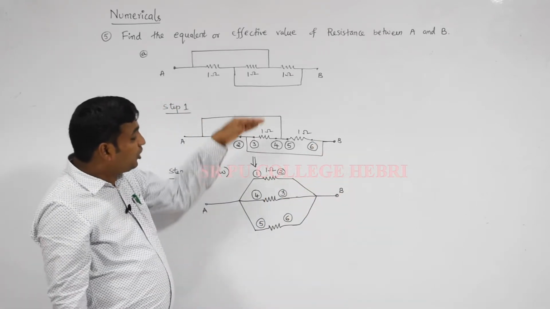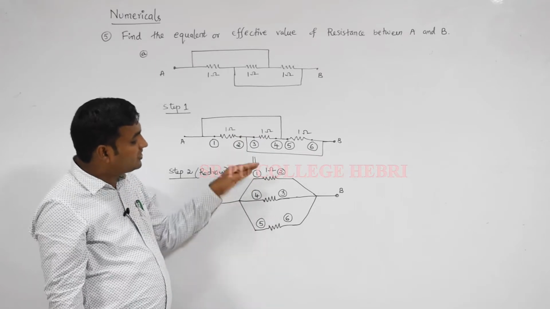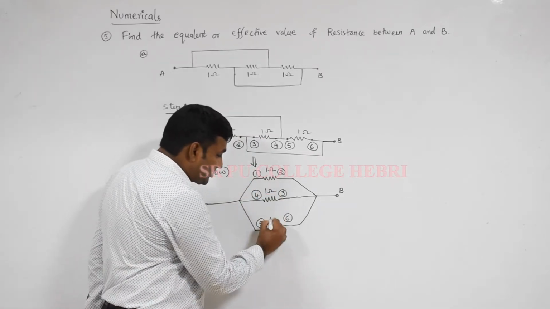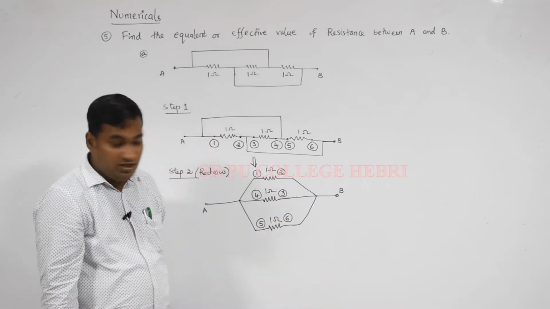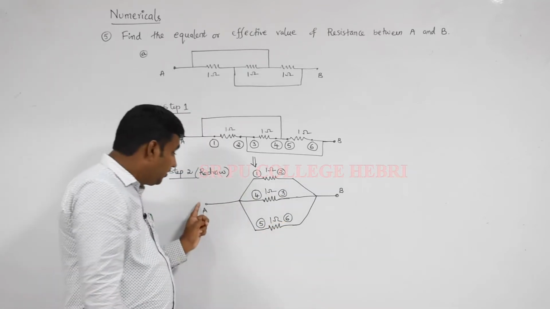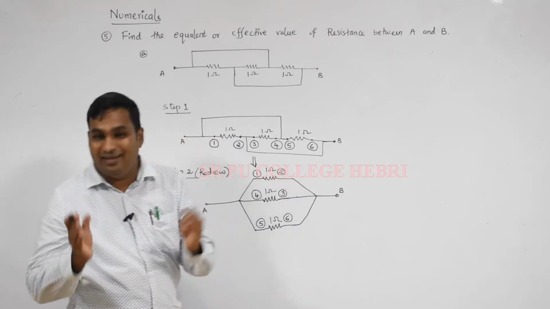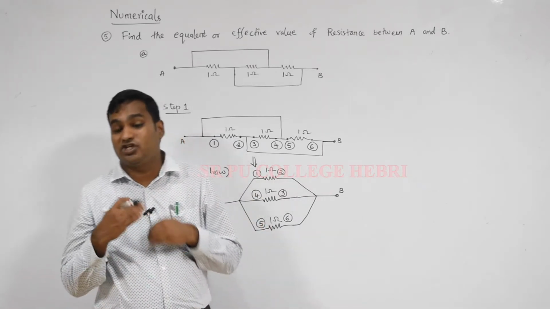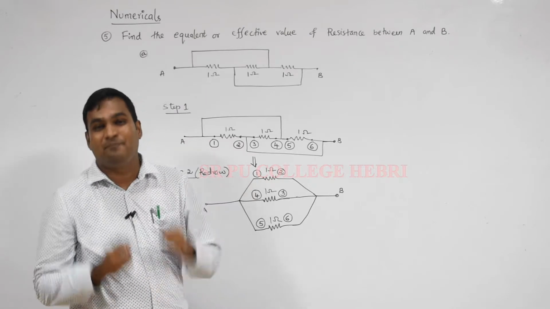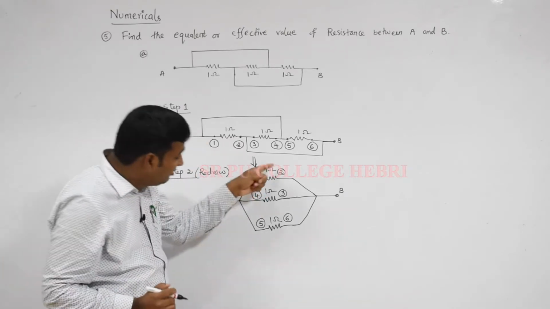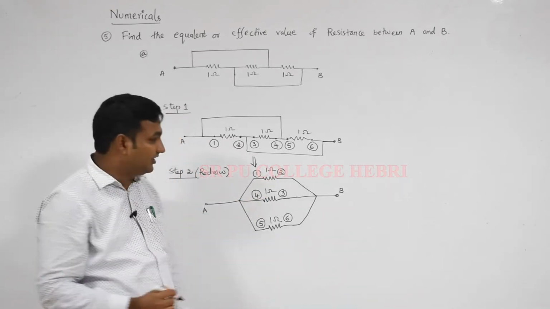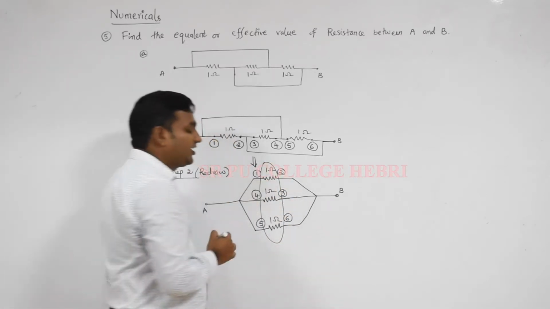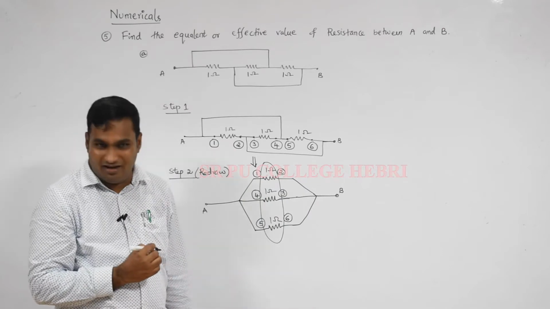When we redraw this circuit, I got this format. Now when you go to see this, all the 3 resistors got the same resistance. In this circuit, in between 2 common points A and B, 3 resistors are connected. That combination we call as which combination, dear student? Parallel combination. These 3 resistors, how they are connected? In the form of parallel.